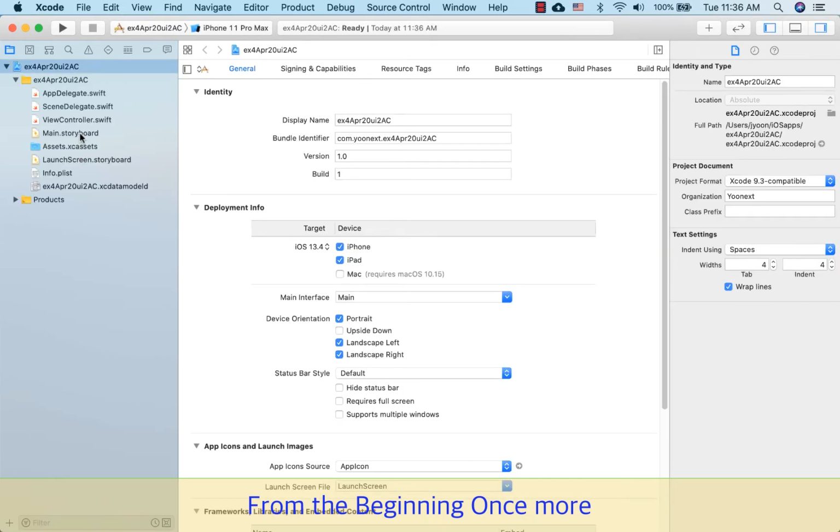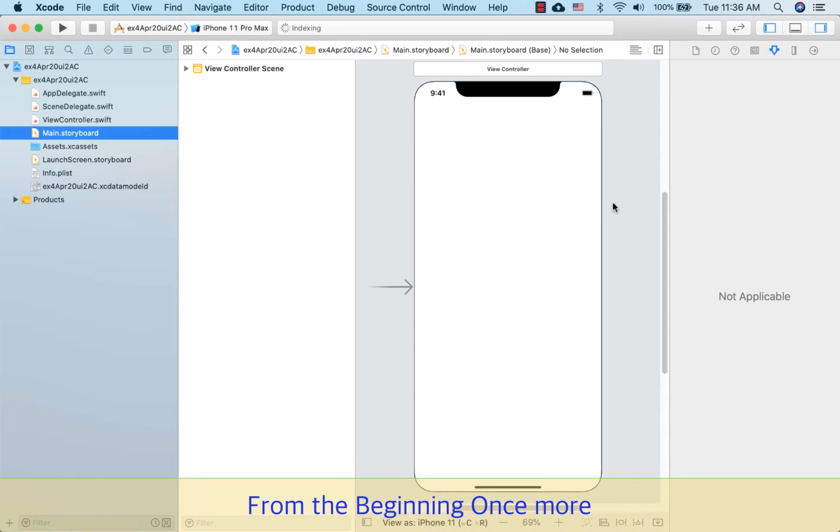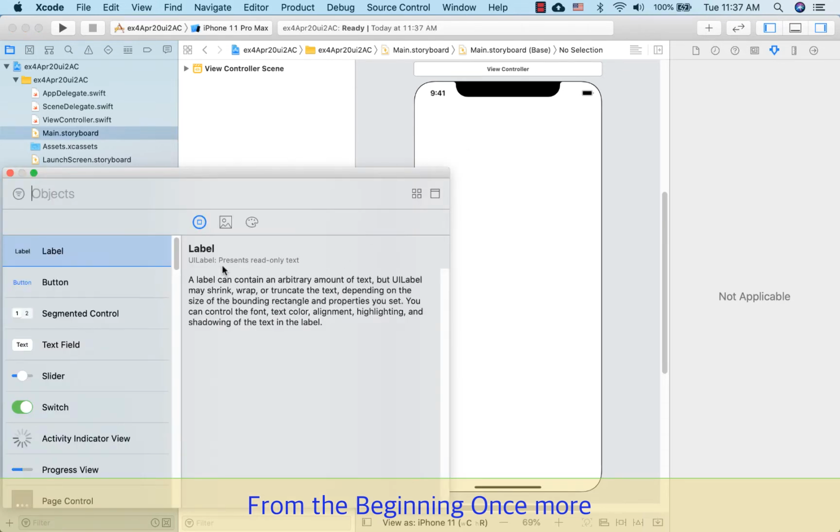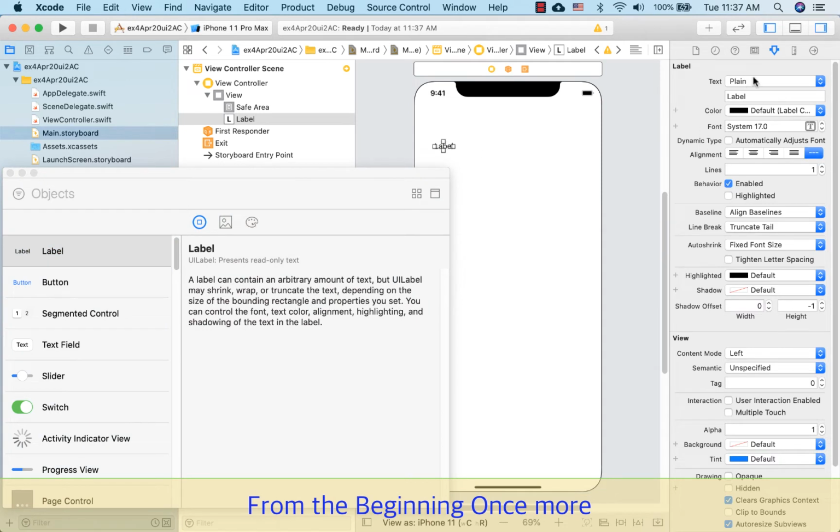And I open up storyboard. So this is a storyboard. And I'm going to use the library by holding down Option key or Alt key so that I keep using that. So first I'm going to use this label. In that label I would say login. And then a text field,